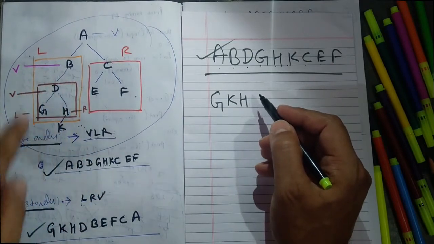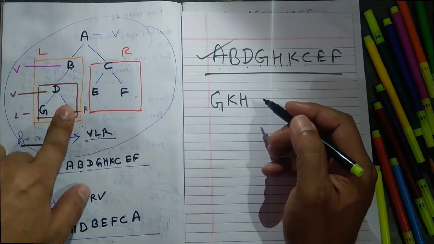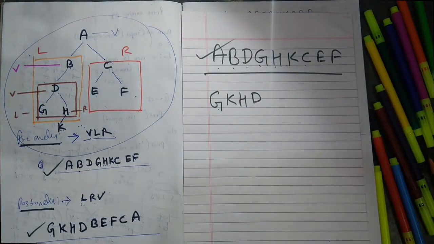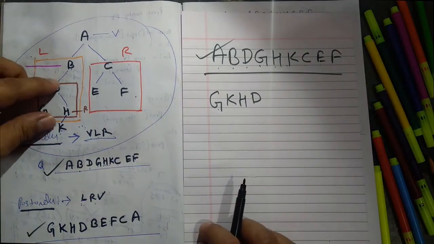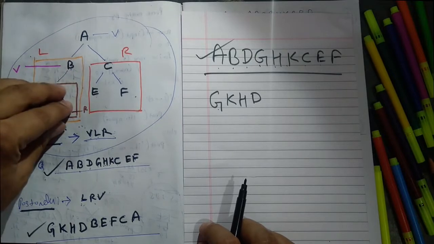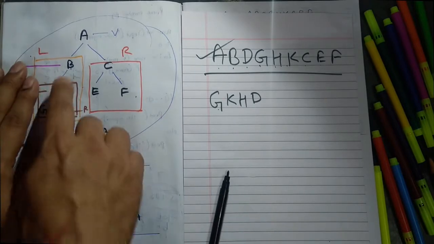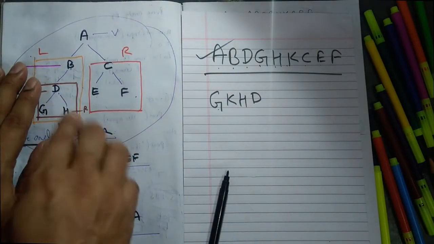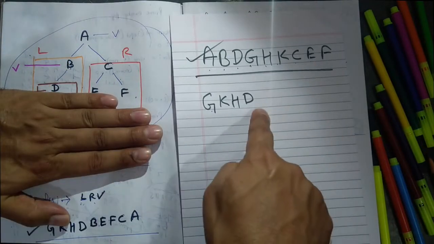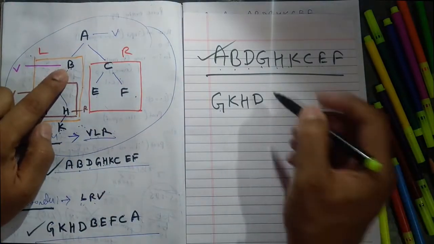In this tree, left done, G already we have written, right done, just we have done, and root is D, done. Now in this tree we have done. So now this is the left portion for this B, left done, right no element, left right root. This is the tree B, D there is no element. Same thing: suppose this is tree B, D there is no element, so left done, right no element, root, left right root means B we will write here.